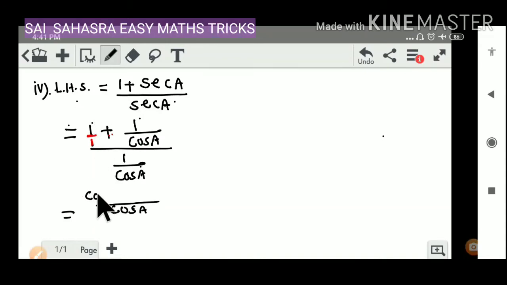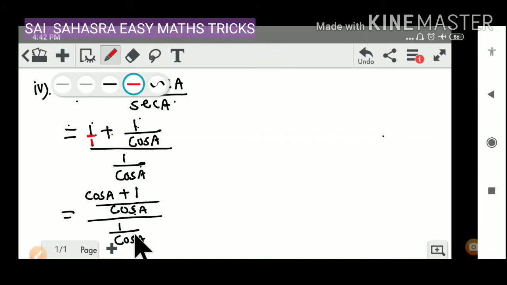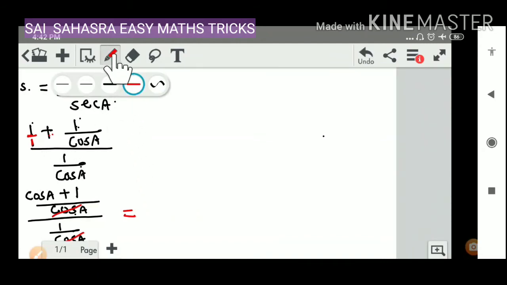1 into cos a is cos a. If you have plus here, plus you write, if it is minus you write minus. Cos a converted as cos a by multiplying with 1. This numerator also we have to multiply with 1. So 1 into 1 will be 1 divided by, in the denominator we have 1 by cos a. In the next step, cos a gets cancelled. So we have cos a plus 1 by 1. In the denominator 1 is there, we need not mind. We have now cos a plus 1.